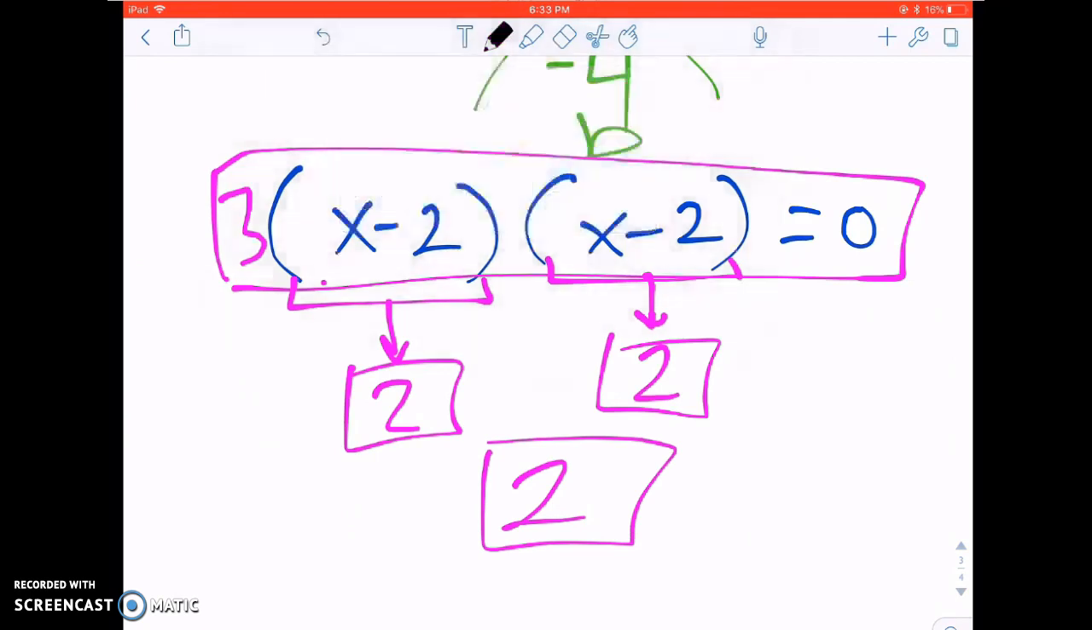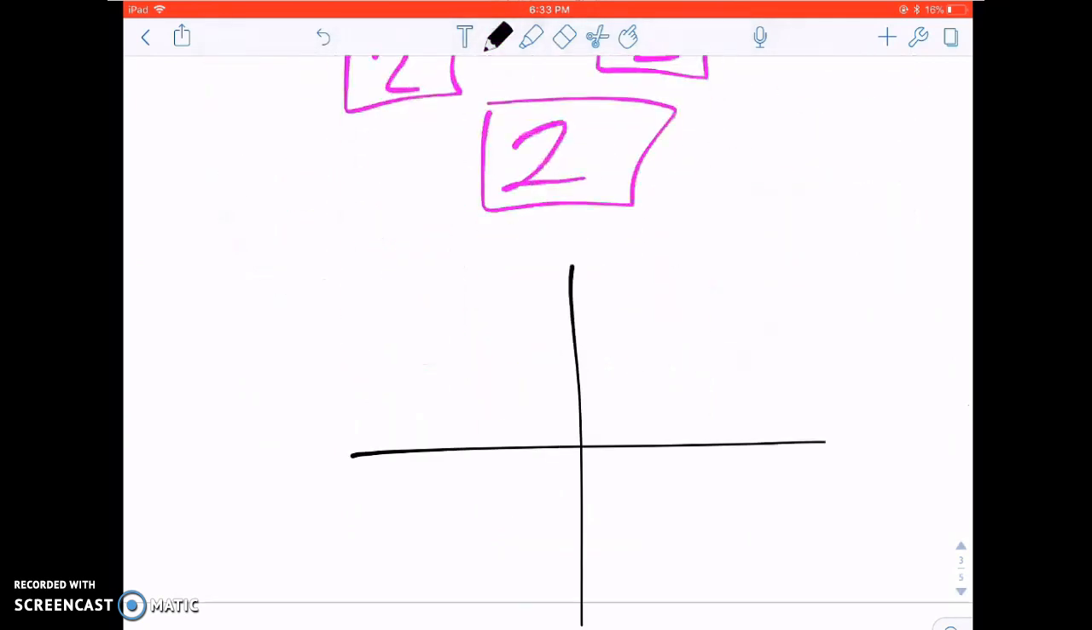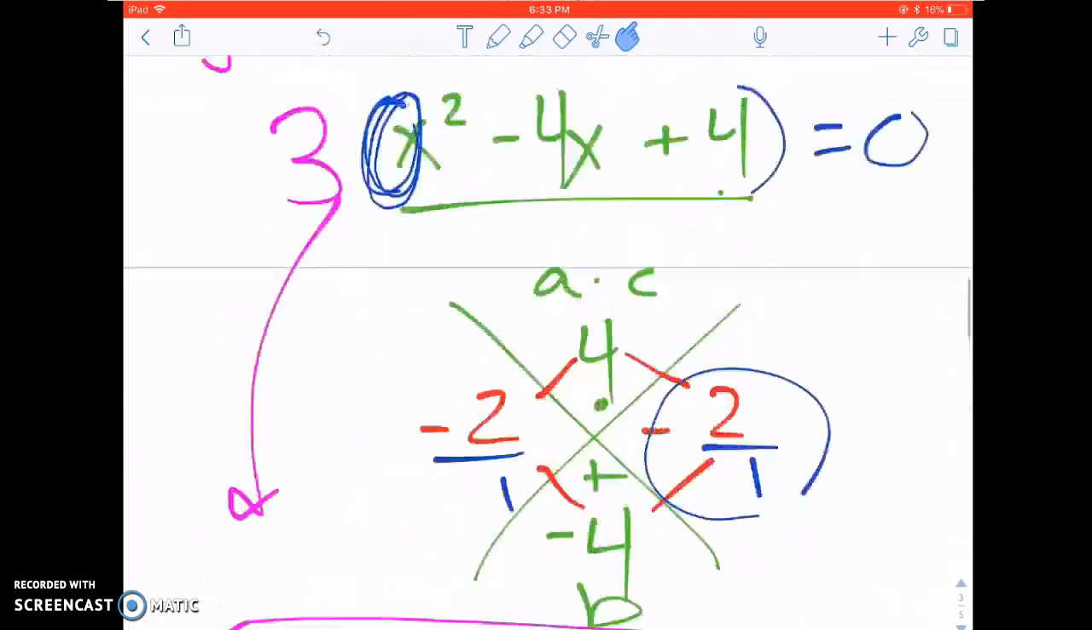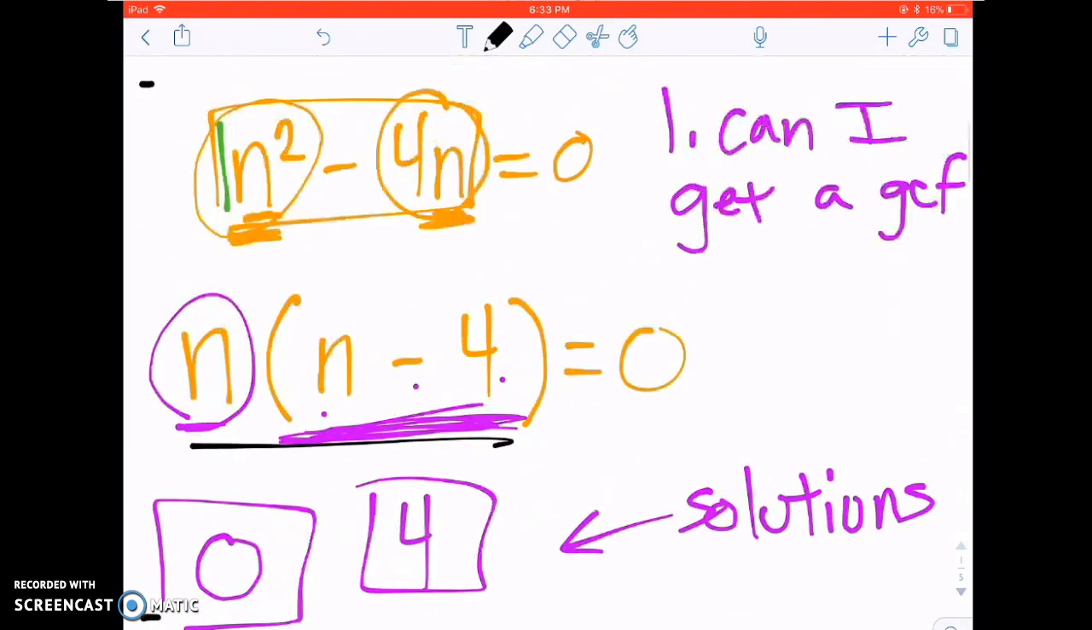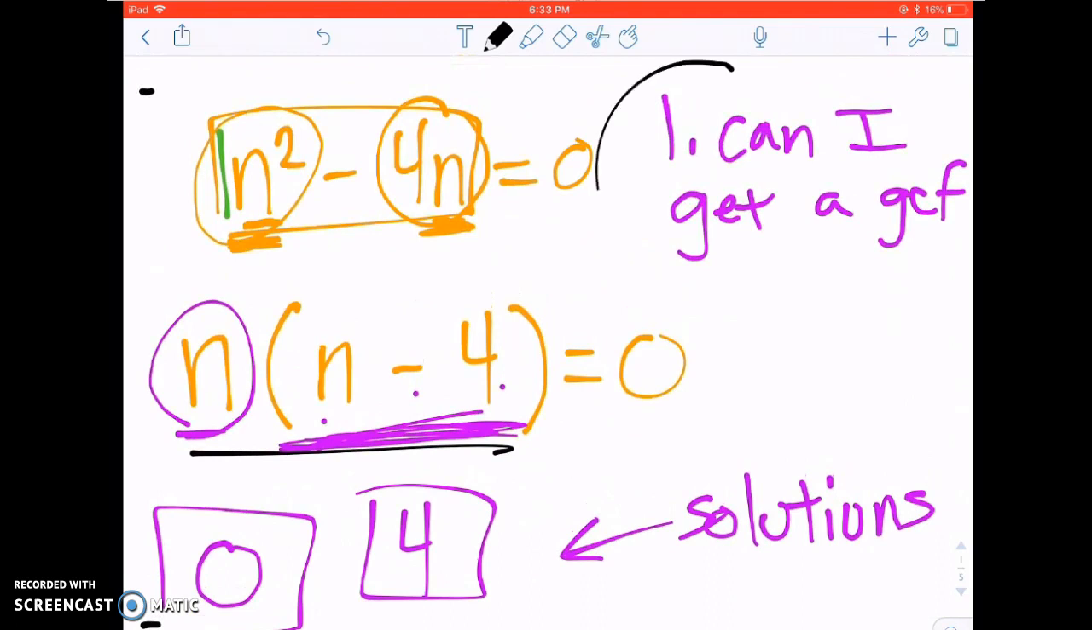If we were to draw that on a graph, at the point 2 here would be the only spot where it hits 0. Alright, so quick recap. And if you need to go back and watch the video slower, go for it. If they give you parentheses already, if they break it down already, it's easy. Just find the zeros. Alright? If they don't, step 1, can I get a GCF? Step 2, the X method of factoring. Alright, those 1, 2 steps are going to